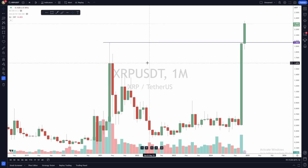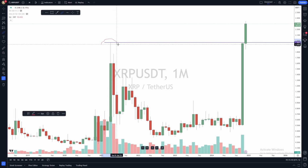So monthly chart, we have all-time highs here, okay, around the 196 level. This is a swing high. Here's a swing high here. A swing high here, and a swing high here. This was actually, I think, close to a double top, but that's okay. So boom,